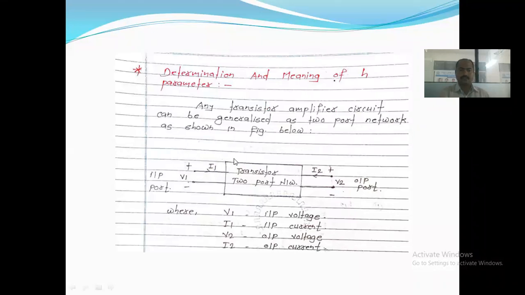See, this is the two-port network, right? Two-port network, what it indicates is that it has one input port, the other is the output port. Now see, in this case, two parameters are dependent parameters, two are independent parameters. Dependent parameter means what? The value of that should depend on other things. In this case, phi1 and I2 are called dependent parameters.